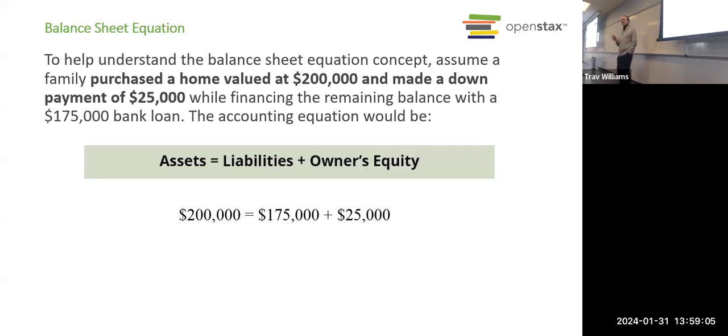right? That's the portion of the home that we really own. I mean, legally we own the whole home, but if we sold it, we'd have to pay off the loan before the bank would release their lien and it would be completely ours, right? So we really only own $25,000 worth, the difference between the value of the asset and our debt. And it's the same for companies. But if we wanted to express this as assets minus liabilities equals equity, the math still works, right? 200,000 minus 175,000 equals 25,000.